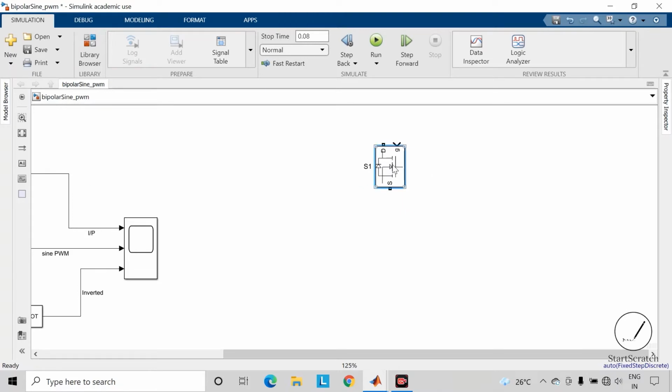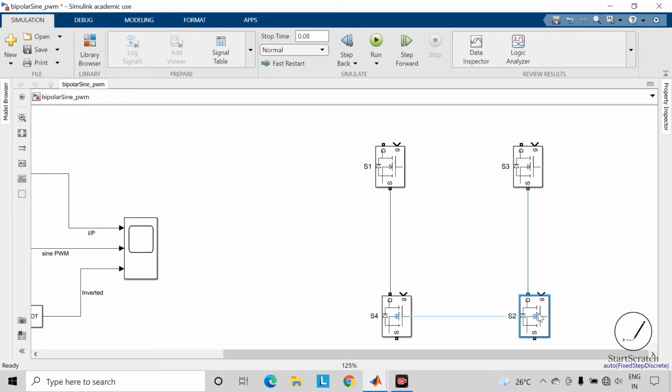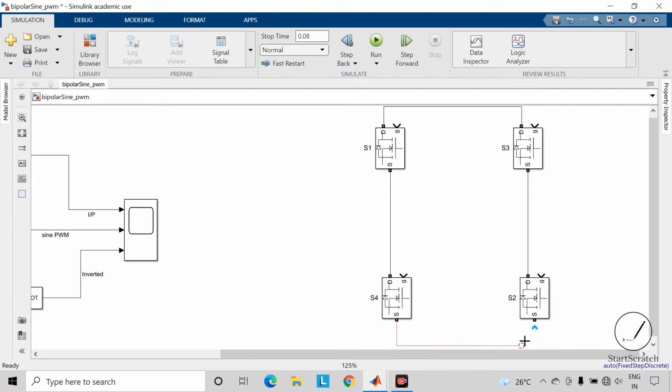Now copy this block and connect these MOSFETs in bridge configuration. Connect drain terminals together of these upper switches and source terminals together of these lower switches.